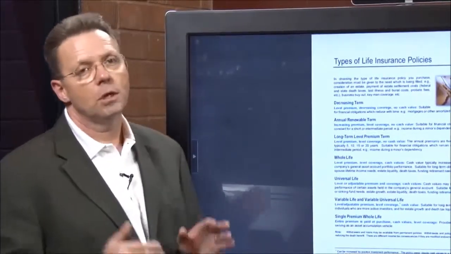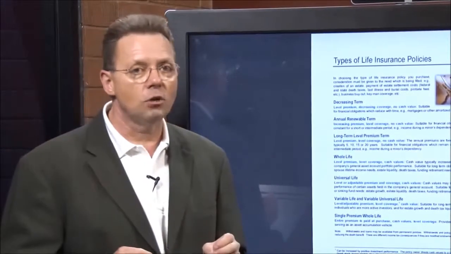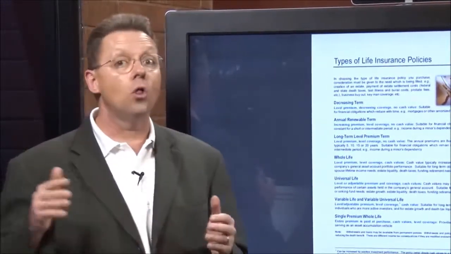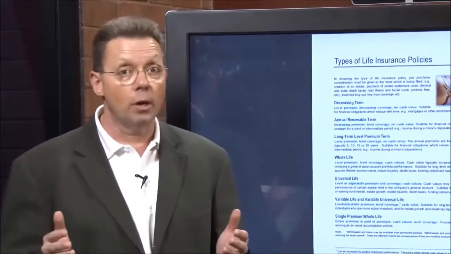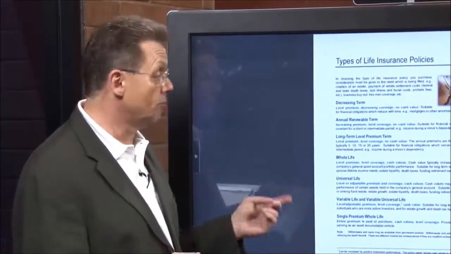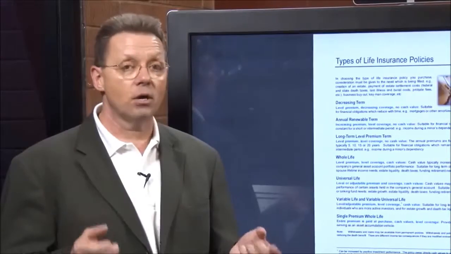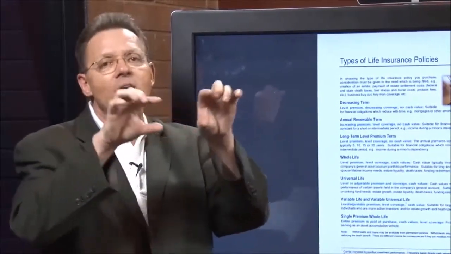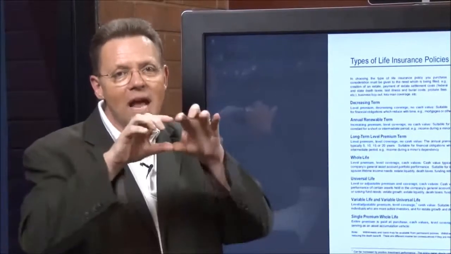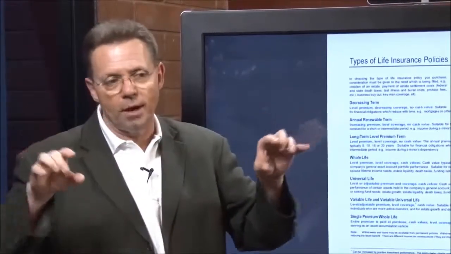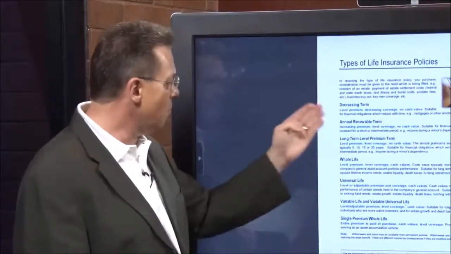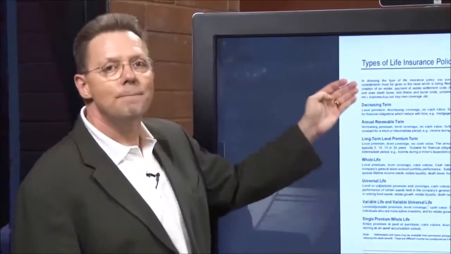Permanent insurance, whole life, guaranteed universal life, indexed universal life, variable universal life, these can go all the way out to age 120. Some of them will actually go a little further than that, but some of the carriers that go farther than that actually state in the contract life of the insured, which is the better phrase. So when you're looking at these different modes, different ways of paying it, remember they're built for